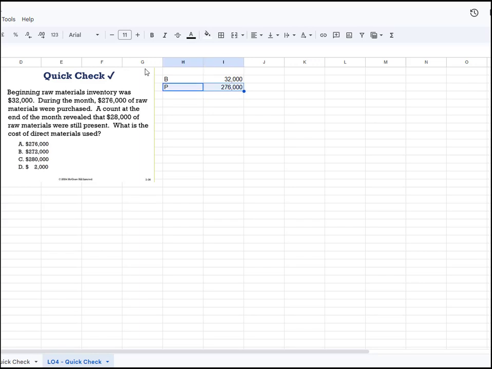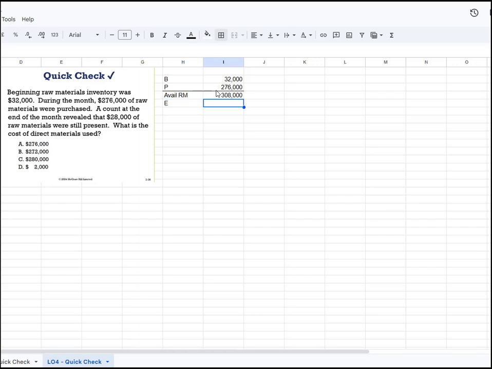So then we have our available to use, available, or our in raw materials totaling $308,000. In equals out, so we have available minus, we were told that $28,000 was still available, so we have